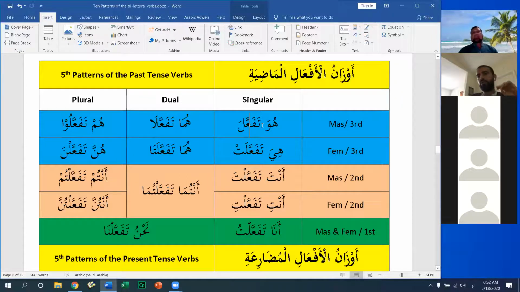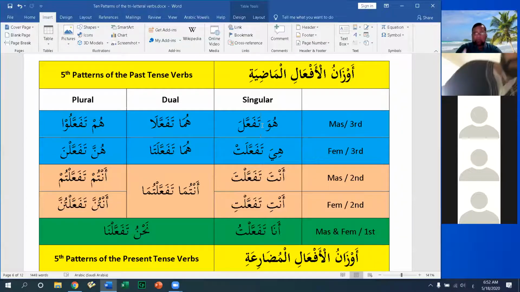So if we were to use the verb تخرج for instance, or تقرب, I'll take تقرب because that's used in Quran. تقرب mean to draw near to. So قرب mean to be near. قرب mean to bring something near. For example, we were to say قرب الله المؤمن إليه. Allah brought the believer near to him.